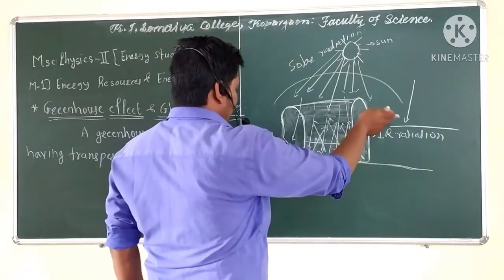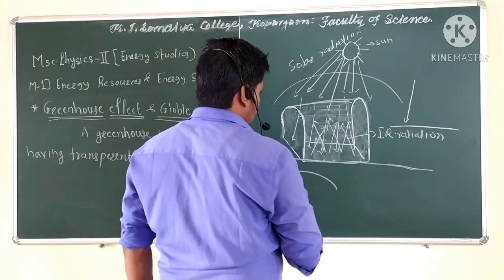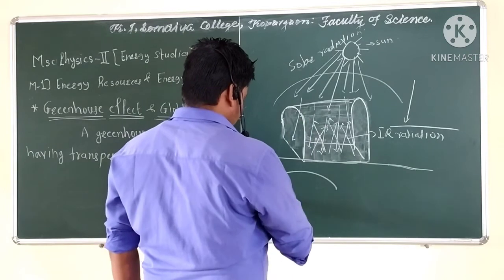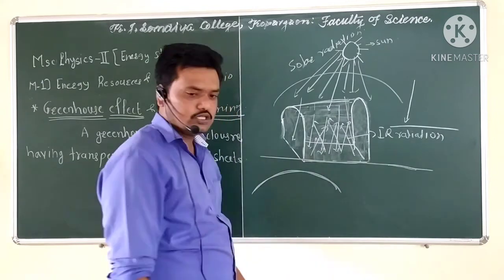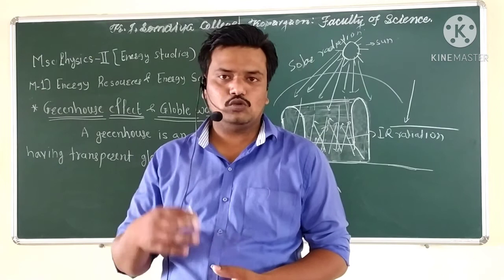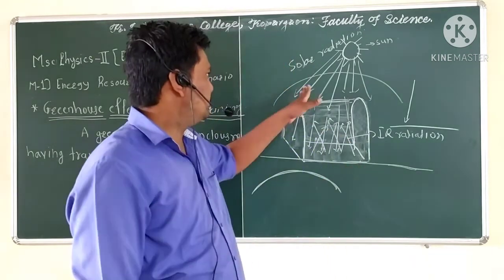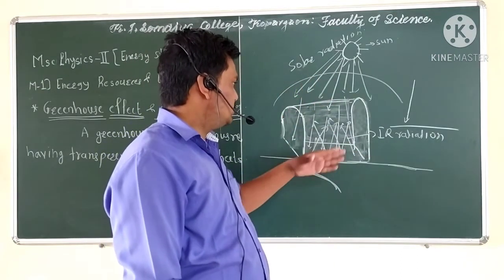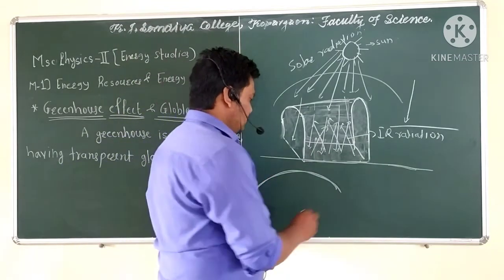This is a dome-type structure created from the surface in the atmosphere. The CO2 envelope present around the globe of the atmosphere behaves like a glass pane or glass sheet, restricting the IR radiation from going outside, so this is the CO2 globe,